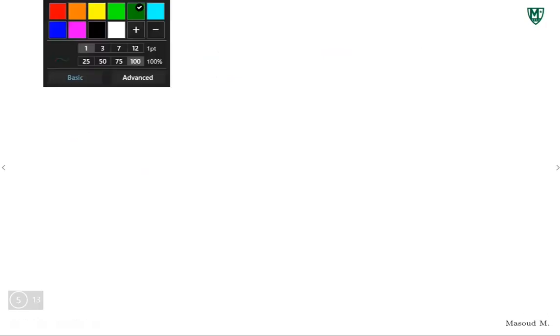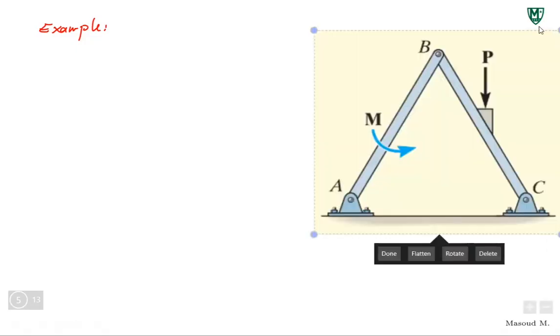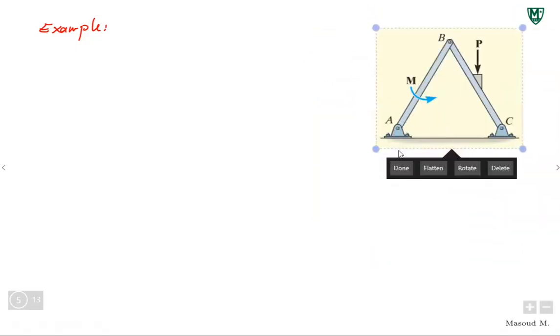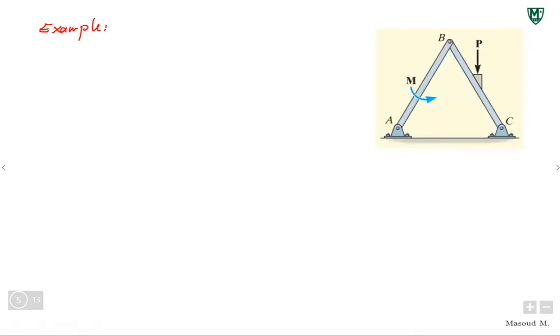Let's just go over a few examples. Example. It's easy to draw, but since I have it, why not? So it's pretty simple. It's a frame. We have force P applied to member BC, and then we have a couple M applied to member AB. Dimensions are not given because we are not trying to find unknowns here. What we are asked to do is, for the frame,